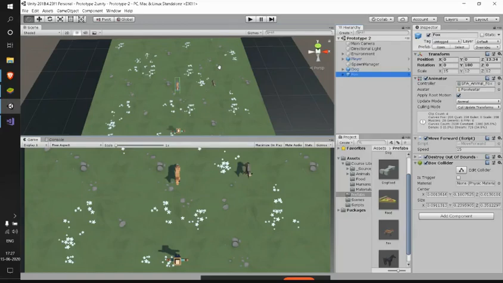We need to feed these animals. We had our food prefab, and we had these animal prefabs. We are generating our animals from the other side, whereas we are generating this food from the player side. So when they collide, when they touch each other, we need to do something, right?